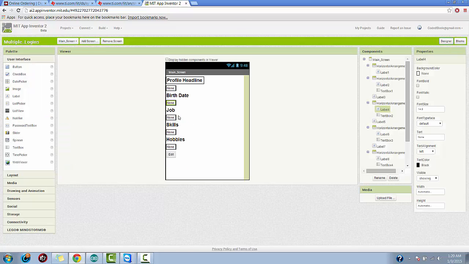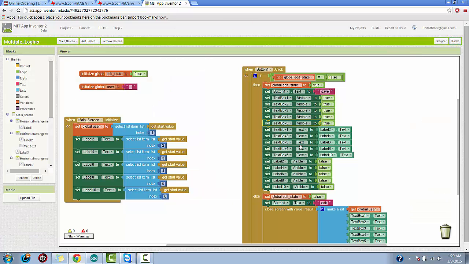So these text boxes, when they appear, they'll all have none in them the first time, but we're going to enter some stuff in them. Then we set the labels to invisible, so the labels will disappear and all the information will be loaded into the text boxes. Now that information can be edited, and as soon as it's done being edited, we can hit the save,